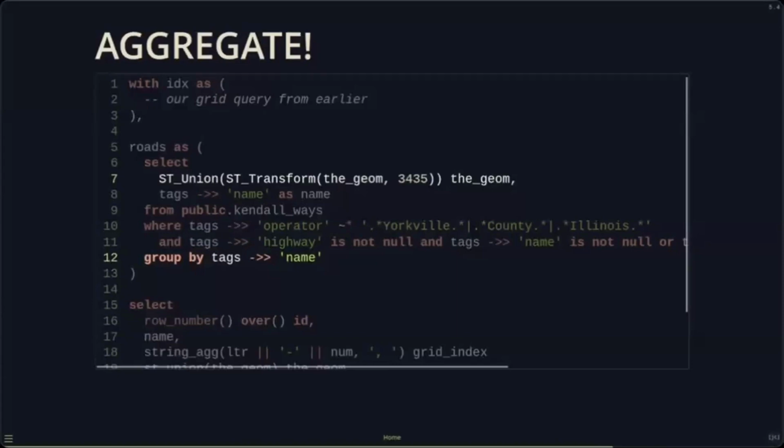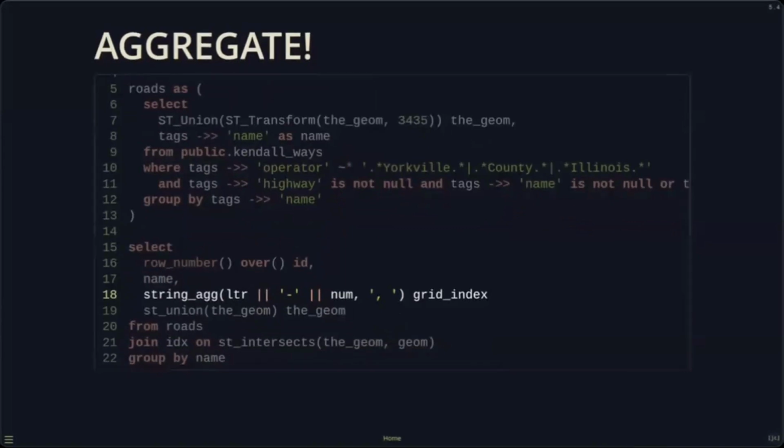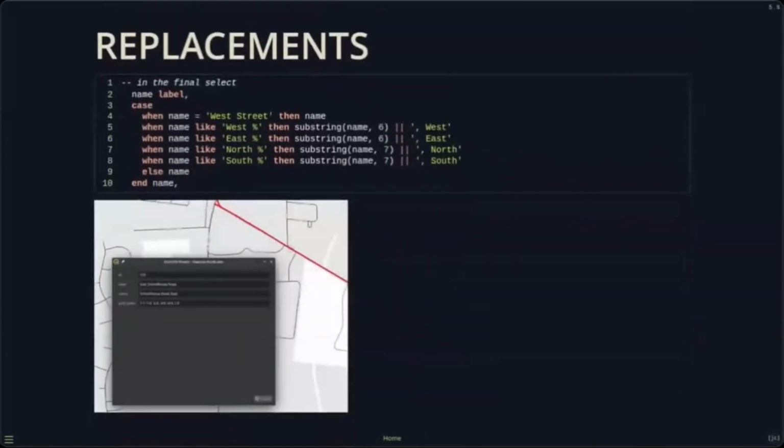Then after that, we can intersect with the grid and re-aggregate the intersected features. And here we'll use the string aggregate function to take the letter and number from the grid intersections and just stick them together into a comma delimited string. So far, this is looking really close to what we want in the data table, but then I notice West